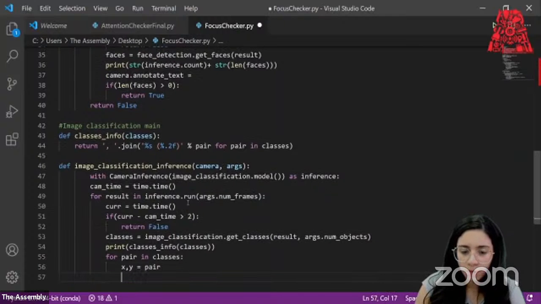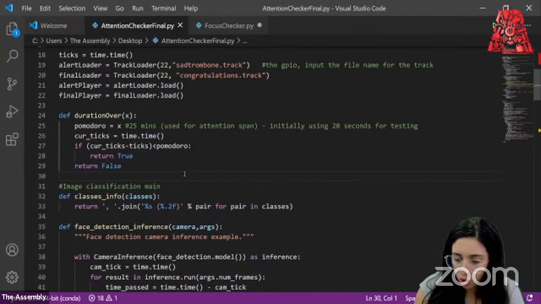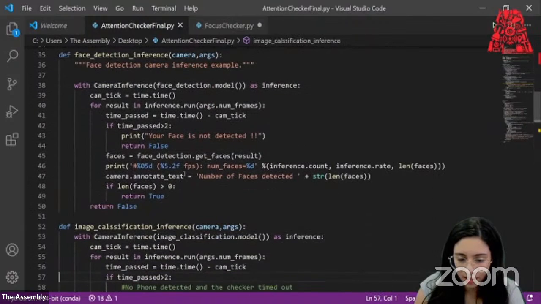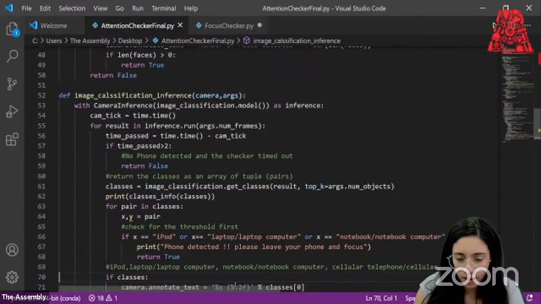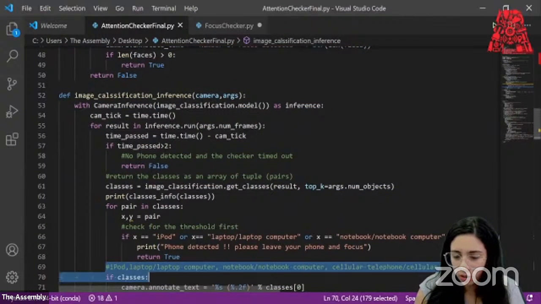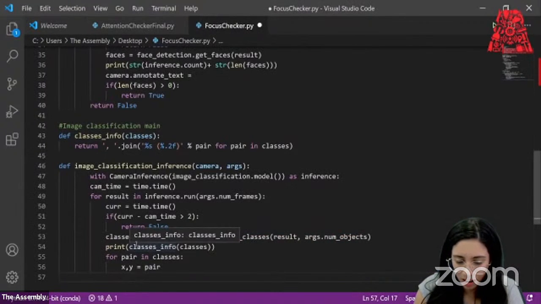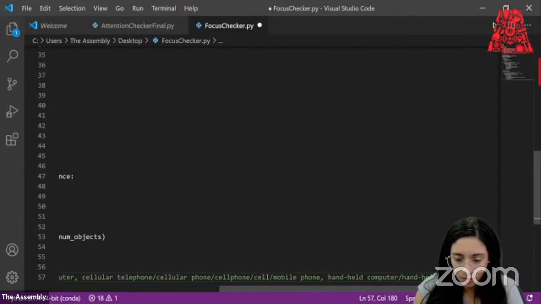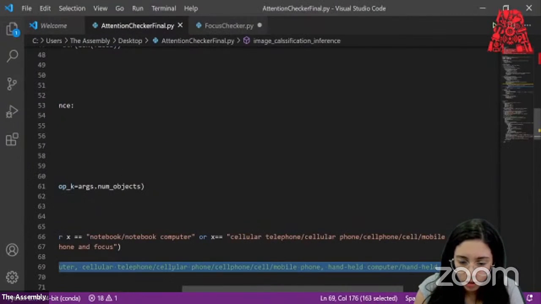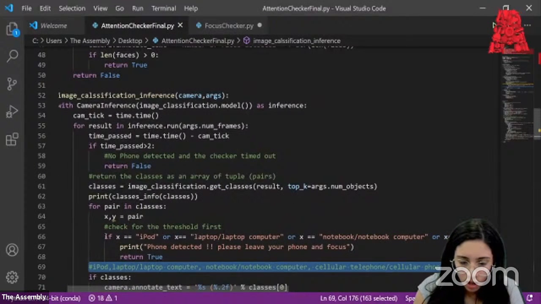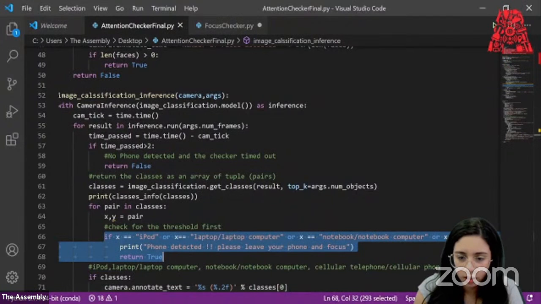After doing a lot of tests, of course it's not that accurate, so you have to input several categories so it could detect it. After doing all the testing, I've come up with this. So those are the categories in which it could detect a phone. It could detect it as an iPod, as a microcomputer, and as several other things. So yeah, that's basically it. So I'll just take that long if statement from here and tell you the specific ones,